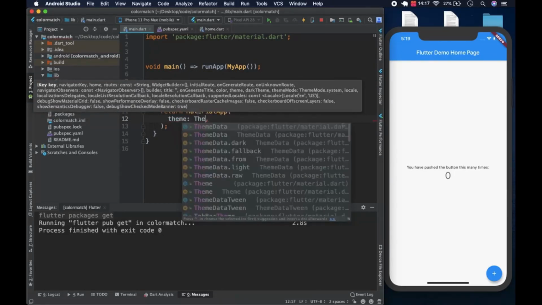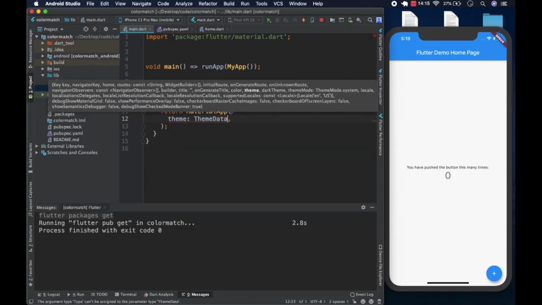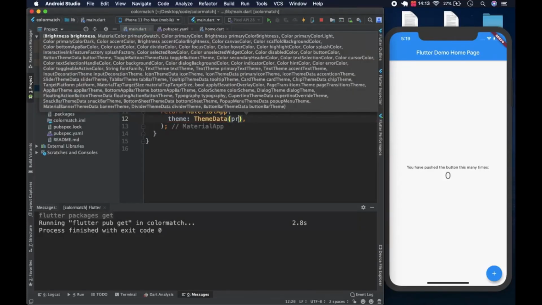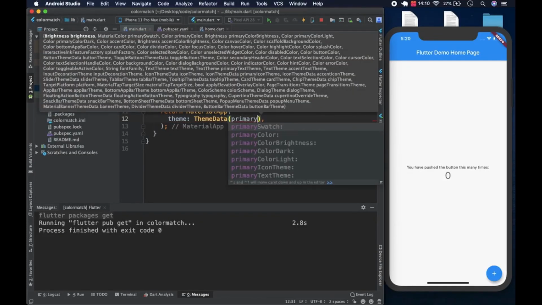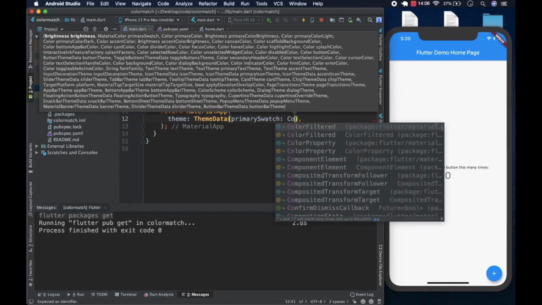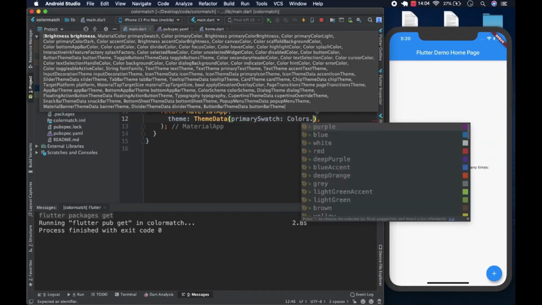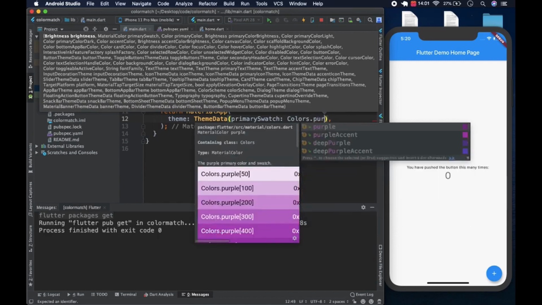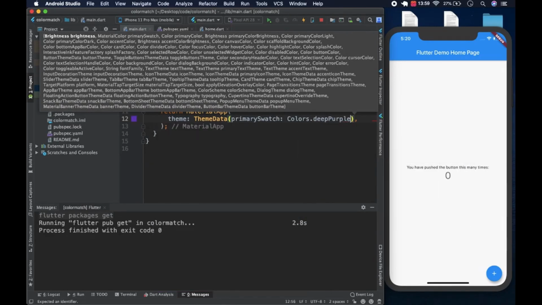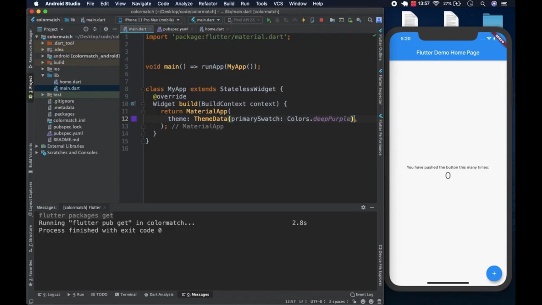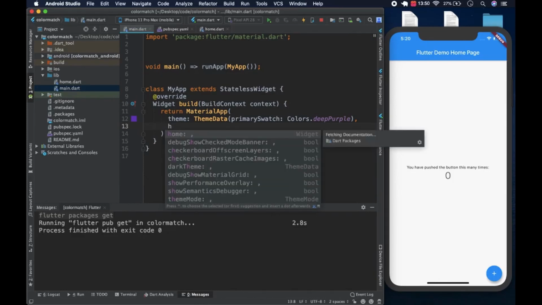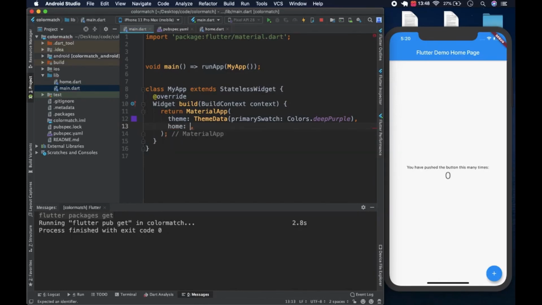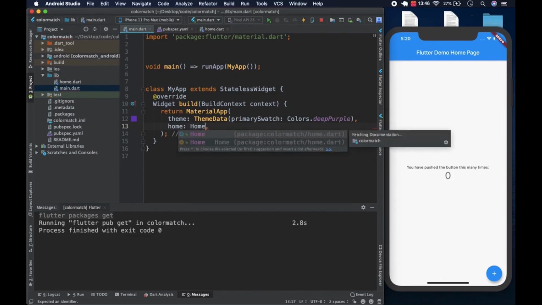theme is going to be theme data, the primary color. Feel free to go. Primary swatch is going to be Colors.purple or purple accent. Let's go with deep purple. Why not? Let's go with deep purple. And the home is going to be Home,